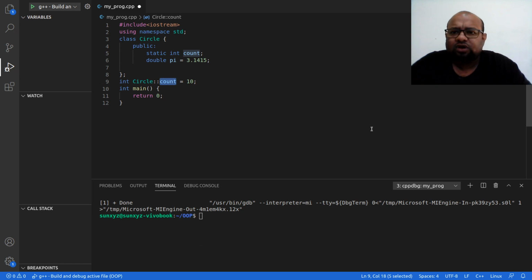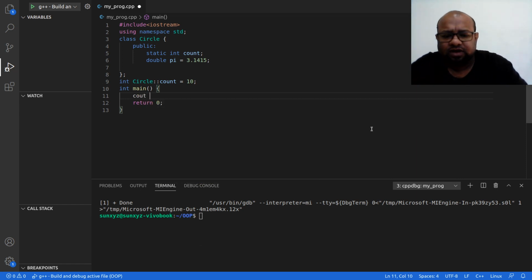Count is a static variable, it's an integer, and it belongs to the class Circle. So I have written the name of the class to which this static variable belongs. After that I have written the scope resolution operator, two colons, and then I have written the name of the static variable. And before that I have written the data type, and then I initialize it to some value.